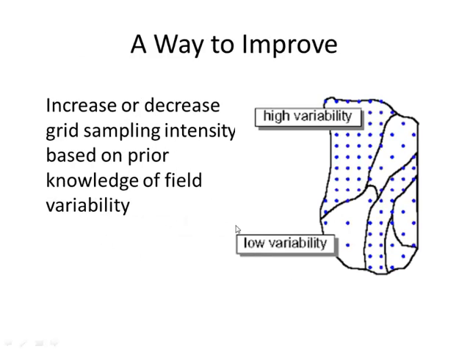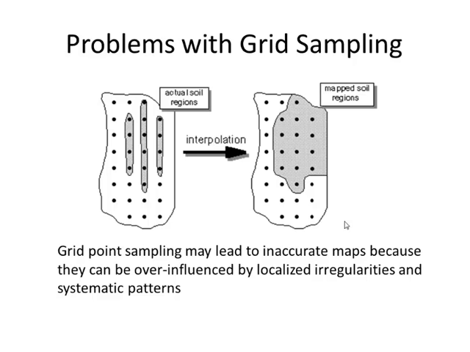So one way to improve it, when we know how our soil is, is to define management zones. When we say management zones, we mean zones which have homogeneous properties. In parts of the soil which are less homogeneous, we try to have more samples, and in parts of the soil which have low variability, we try to have a smaller number of samples, which saves us money and gives us more information on the variability of the soil.